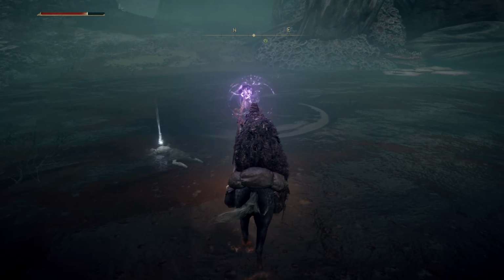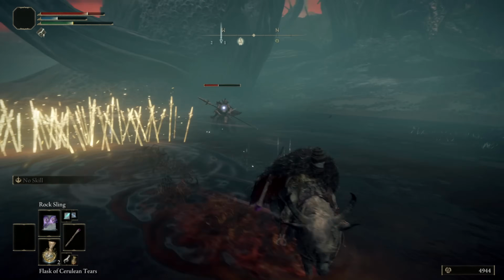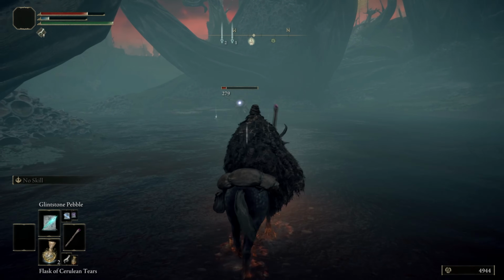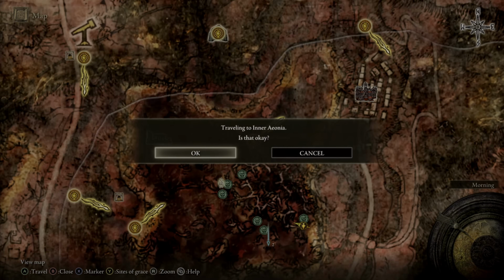So I'm going to ready my spell and I've completely missed him. Great. Watch out for the spear attack. Take some distance again and then just go ahead and attack. Going to try and block it, but he really can't block that much damage. So I'm just going to spam spells, and now he's dead. And now after he's dead, we can just go ahead and fast travel back over here, and then we can